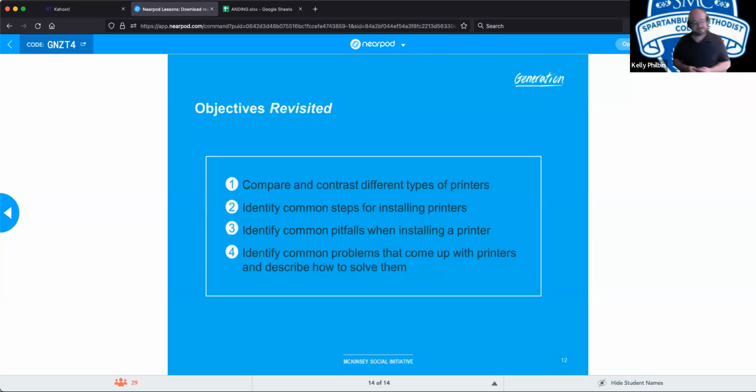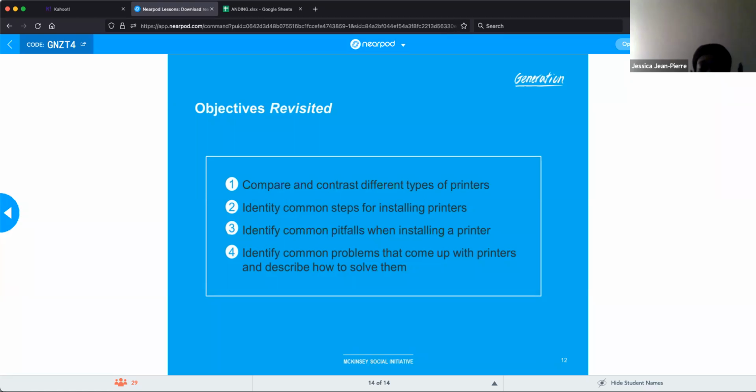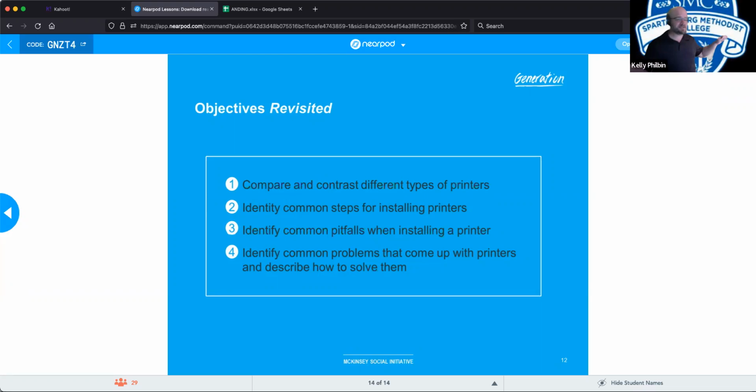Now, we should be able to compare and contrast the different types. Wait a minute. Who put this one in here? The different types of clouds. Somebody threw the printer one in there. That's awesome. Kelly, I'm already trying not to lose my mind. When I saw that, I was like, what just happened? Did I transport in time? I'm lost, sorry guys. You lost 24 hours, it just slipped through the matrix. We lost about 24 hours worth of time. We're going to have our full mocks tomorrow. I hope you enjoyed our presentation on printers. Mark did a wonderful job.